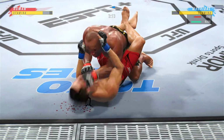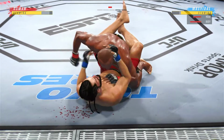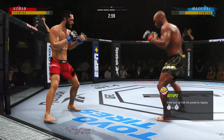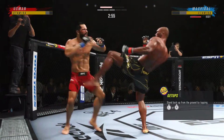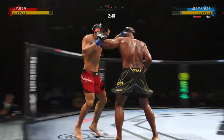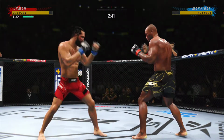He's going to start looking to land big shots from the top. Oh, big combination of ground and pound strikes here, DC. This could be the beginning of the end. I mean, you got to be very careful when you take these big ground and pound strikes. You need to control posture on the bottom. And if you're the top guy, the guy that's looking to finish, continue to gain posture and rain down big